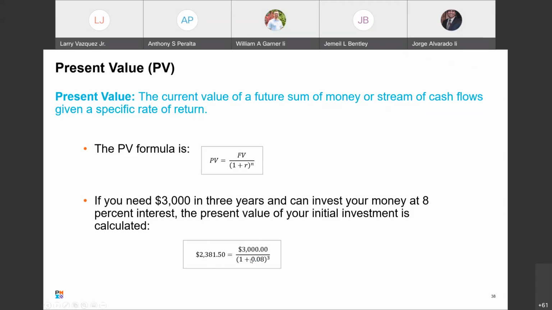I would imagine that this is also referred to as your discount rate. If there's a known note or something that has a dependable, predictable rate over a certain amount of time, you will buy it at a discount, and that way you'll get it out later at that value, that $3,000 value. Are there any questions with present value?